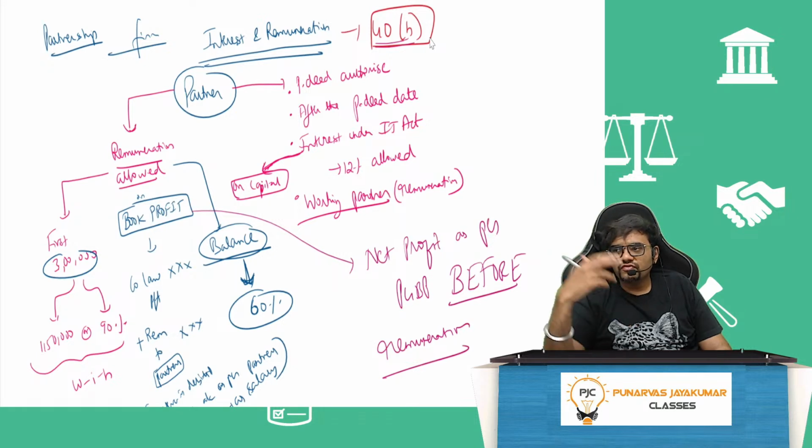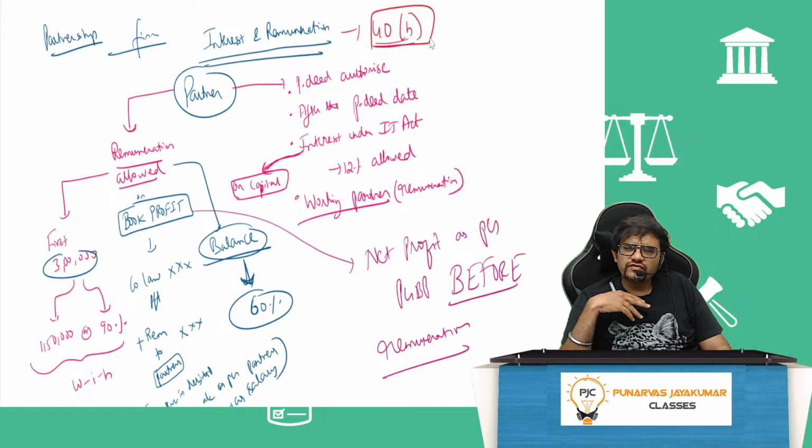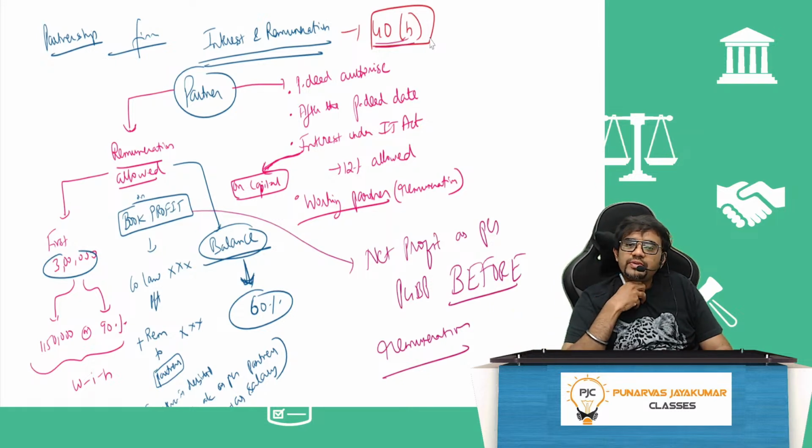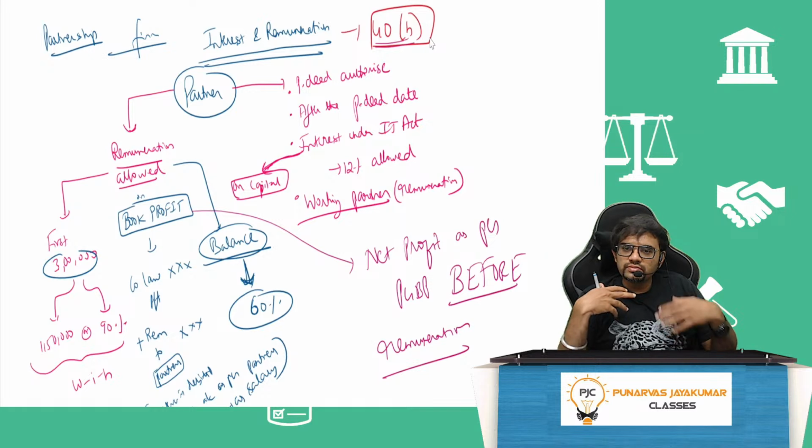On the other hand, firm is paying interest on loan to me. But I am also the karta of a Hindu undivided family. And the Hindu undivided family has given the partnership firm loan. Right? Who has given loan? Partner has not given. HUF has given. I only happen to be the karta of that HUF. So the partnership firm is giving interest on loan. To whom? To me only they are giving.